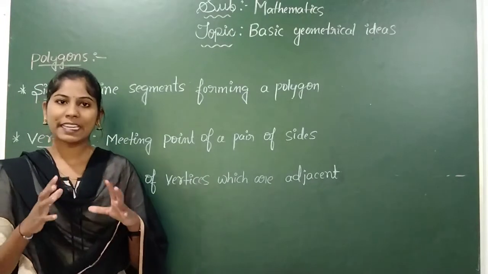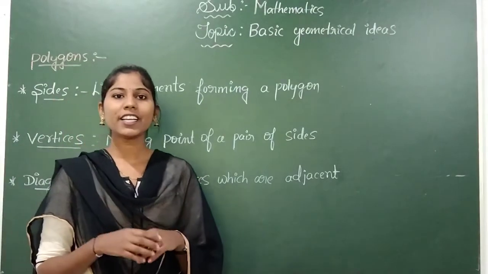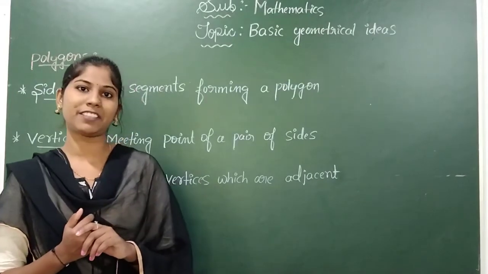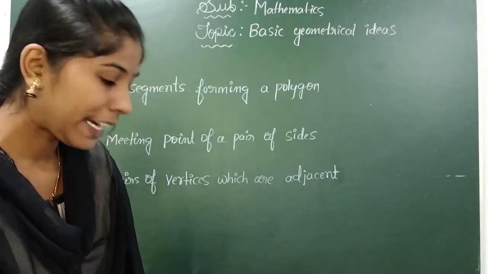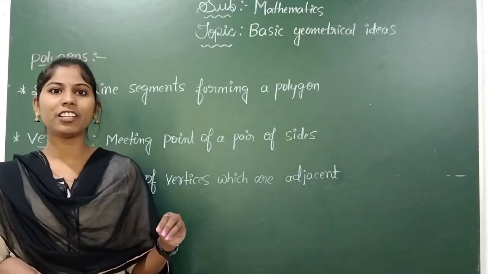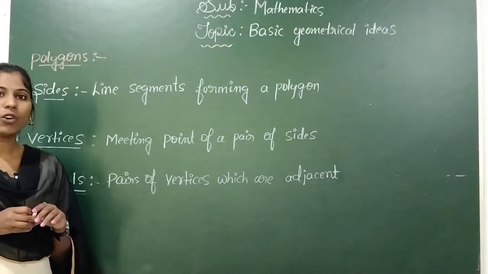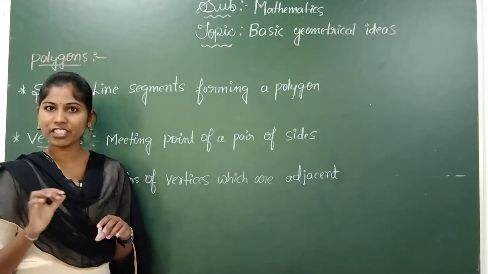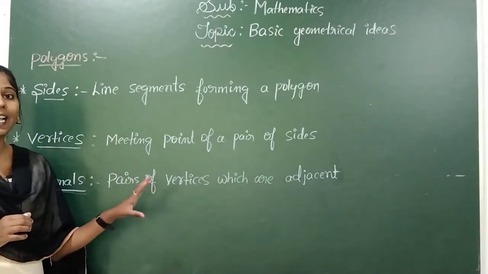The polygon is also one of the geometrical shapes, and the definition for the polygon is, it is a simple closed figure and it is made entirely of line segments. So that is called a polygon. First, I told you, it is a closed figure. In a previous class we learned the closed figure and the open figure also. The polygon is a closed figure and it is also made by line segments. As you already learned the definition of the line segment, the polygons are all made by line segments.